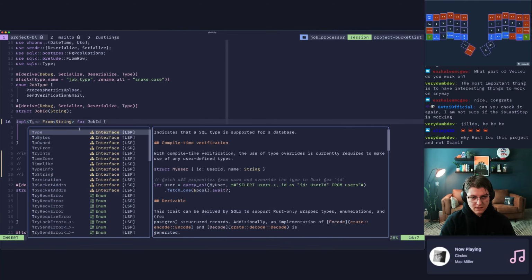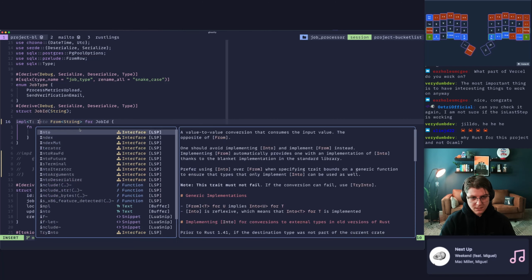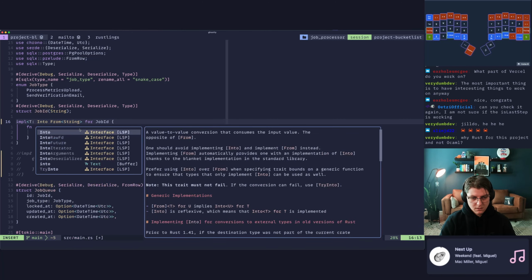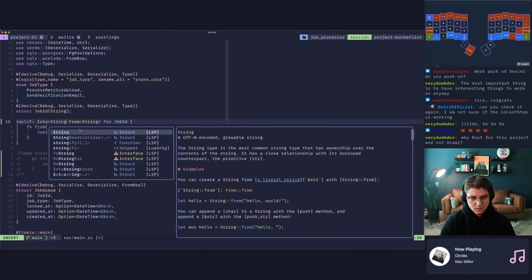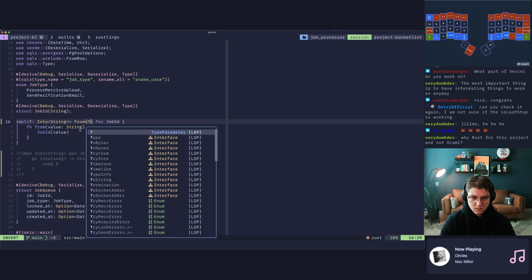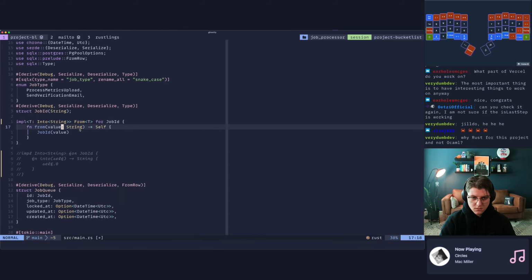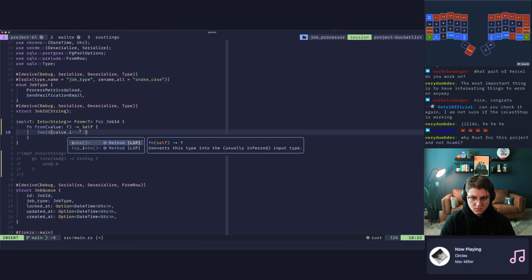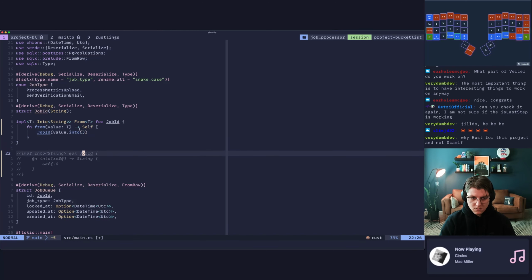So we want a T with a trait bound that implements into string. And then I think I can do that